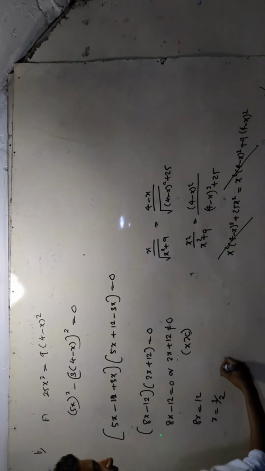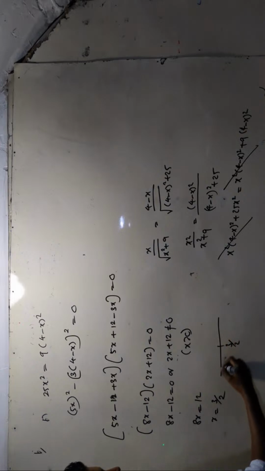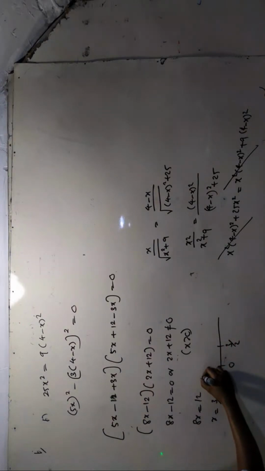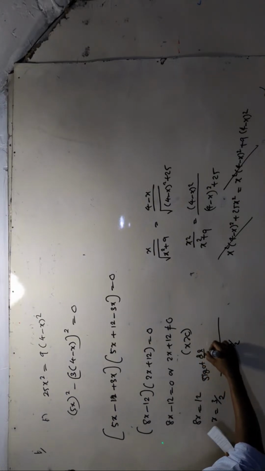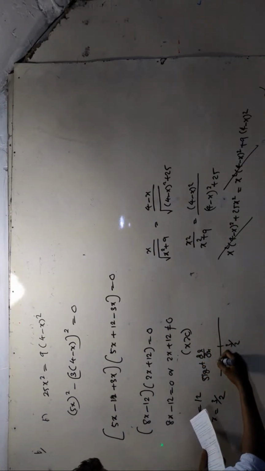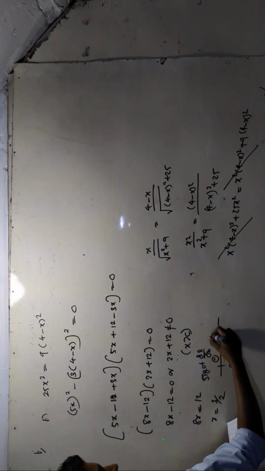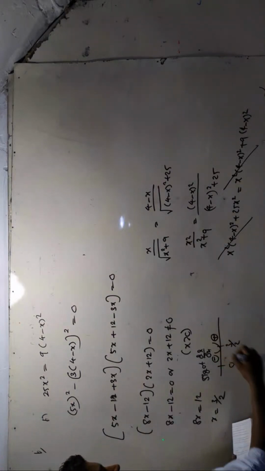Finally, you need to say that when x is equal to 3 by 2, dl by dx is 0. Here, we should check the sign of dl by dx to see whether it is a maximum or minimum. It goes from negative to positive, so that is a minimum. So when x is equal to 3